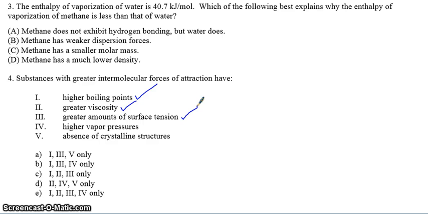Higher vapor pressure. Okay, higher vapor pressure is actually wrong because if a substance has strong intermolecular forces, then it will not vaporize as easily. So it will have weaker or smaller vapor pressures. Then absence of crystalline structures, this is not true. Crystallinity applies to all substances. You can actually crystallize molecular compounds with different forces. So we should pick the one that says 1, 2, and 3 only, which is part C, apologize there. That should be C. Okay, and then we have the last question here at the bottom, number 5, which tells us,